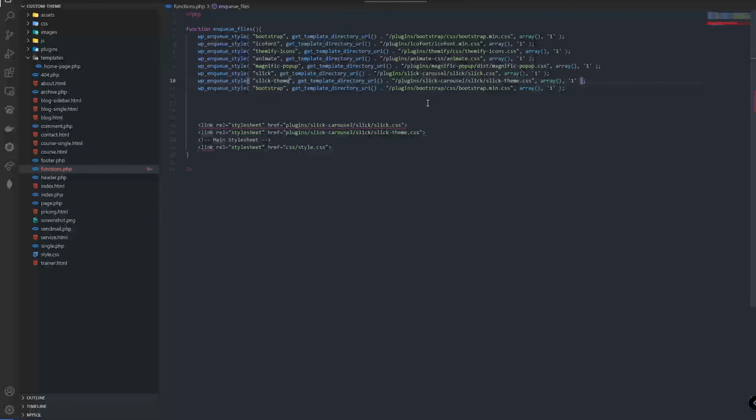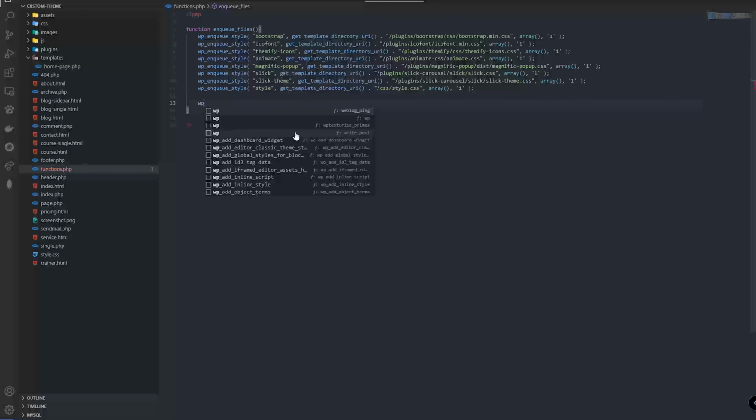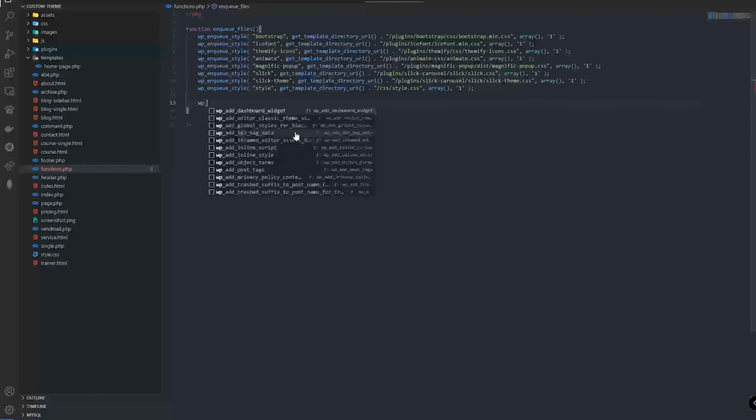Okay, and the last one is style.css. Let's just name it as style. Okay, so all of those CSS files are now enqueued. And now the next step is we need to add those JavaScript files from our footer.php, and for that we